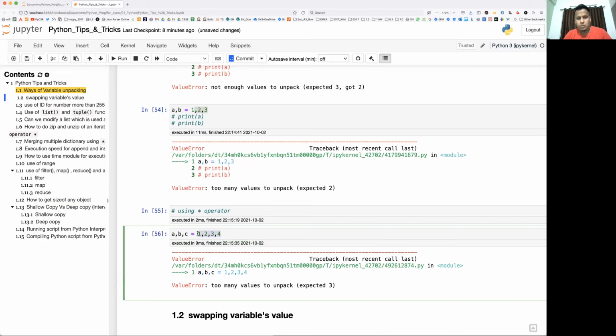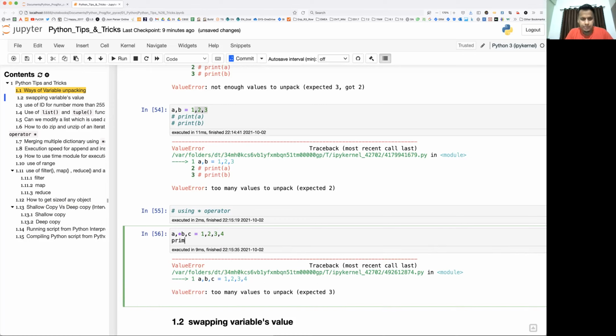So now let's say you have too many values, but you are going to use only three variable names. In this case, the user has the option to unpack multiple values into a single variable in the form of a list. So a user can use a star before the variable name, with any variable, not just B; I can use it with C also. So what will happen? The first single value will get assigned to A, and after that it will keep assigning all the values to B until it finds another single value. Because C is going to hold one value and A is going to hold one value, after A and C, all the remaining values will get assigned to B in the form of a list.